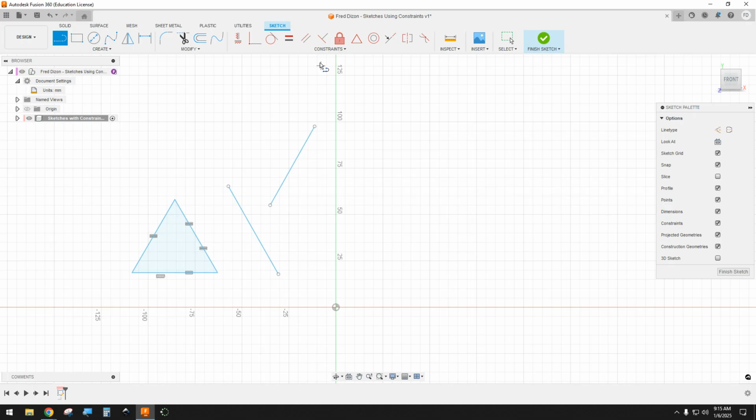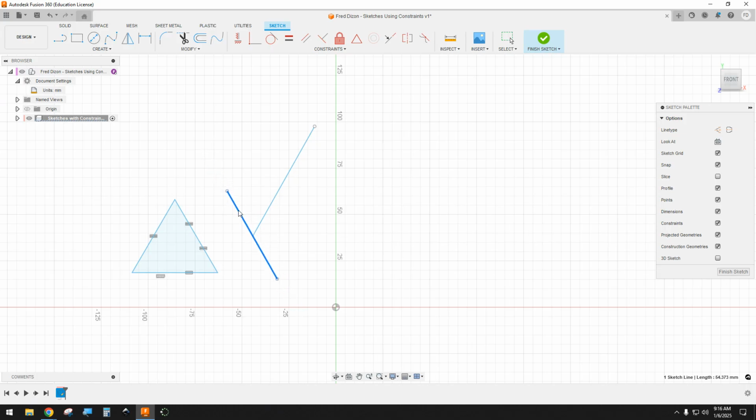So the constraint for that is coincident. Coincident, basically you just connect two points. This is a point at the end of this line, and any point anywhere along this line could be a point, including the ends. So I'm going to click somewhere along this line, and you'll notice it's connected. Okay, if I press escape, I can drag this line, and the other line will always be